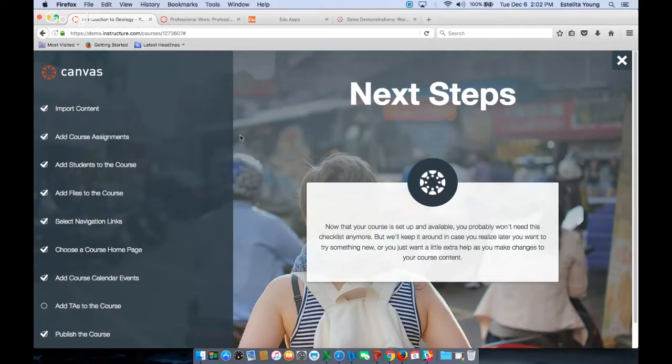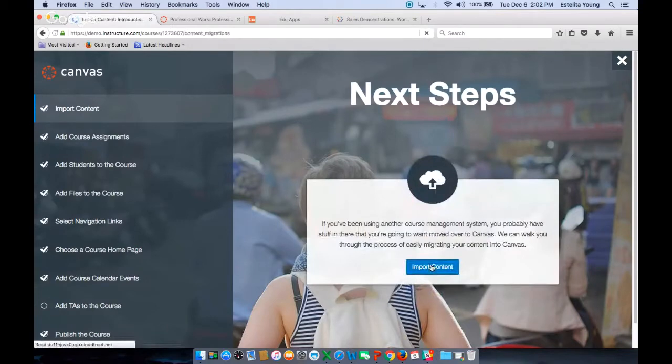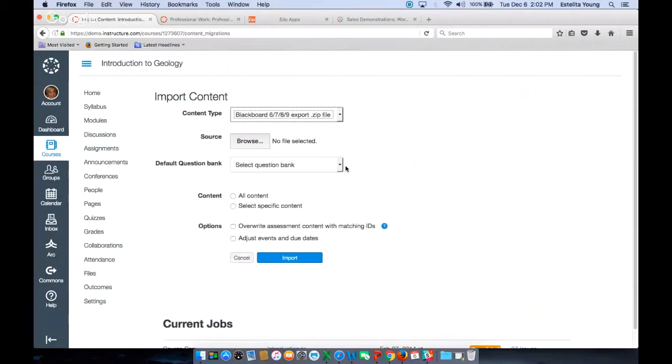But in addition to that, Devin Daly and Brian Whitmer, our founders, knew that there were going to be many of us that already use a learning management system. So they actually included this wonderful way of being able to migrate your course from your current learning management system to Canvas with a click of a button. And that's a migration tool that exists in Canvas. And you're going to say, well, how good is that migration tool? And I'm going to say that that migration tool has been perfected every single year. It gets a wonderful update because